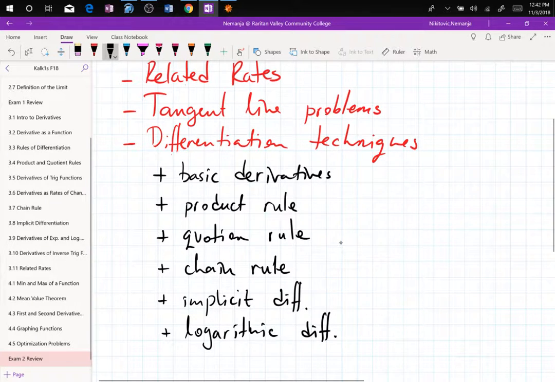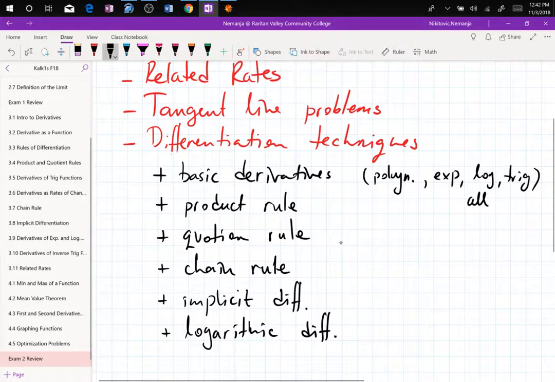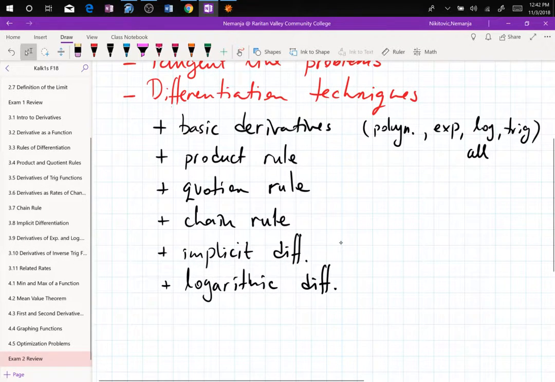All of the trig stuff, inverse trig stuff, polynomial, e to the x, ln x, all of that belongs to the basic derivatives. So basic derivatives: polynomials, exponential, log, trig, all basic ones are under basic. And obviously this stuff needs to be memorized, right? You know all of these formulas already, right? So you just write it out. And then we have